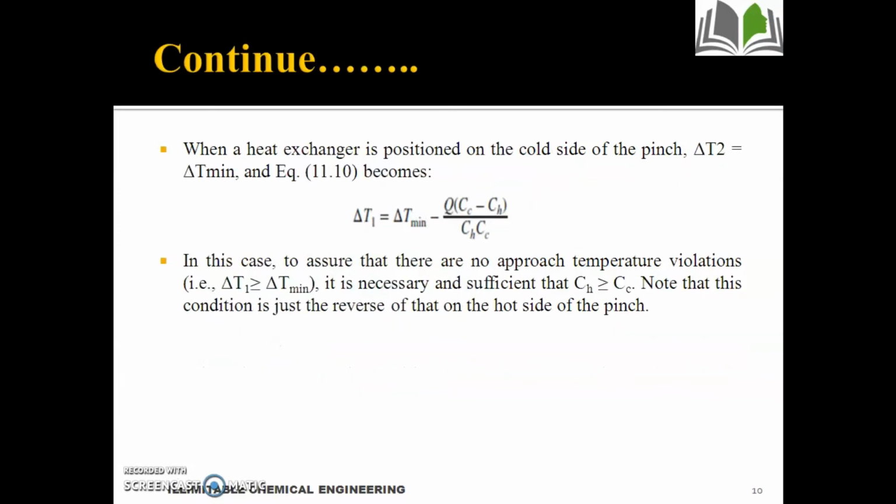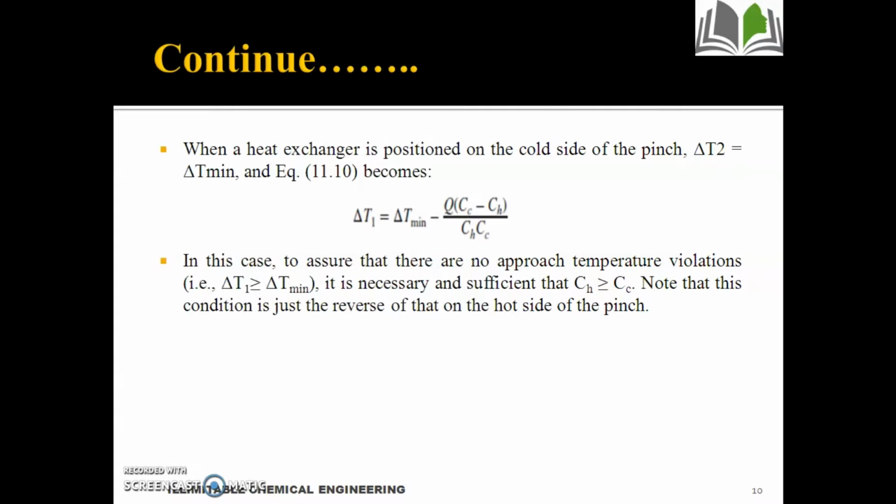Similarly, for the cold side of the pitch, the condition is that Ch should be greater than or equal to Cc, so that delta T1 is greater than or equal to delta T minimum. So when the heat exchanger is positioned on the cold side of the pitch, that is the necessary condition. Here we can see that the condition is just the reverse of that of the hot side of the pitch, right? So by this derivation, or this consideration of these conditions,